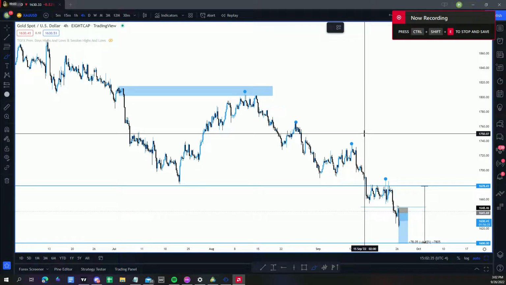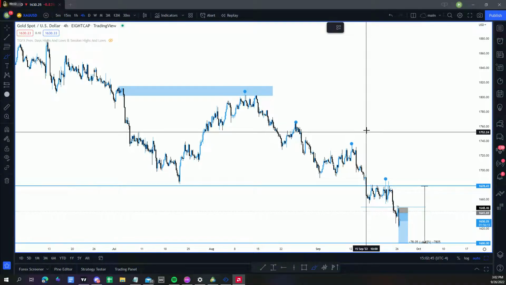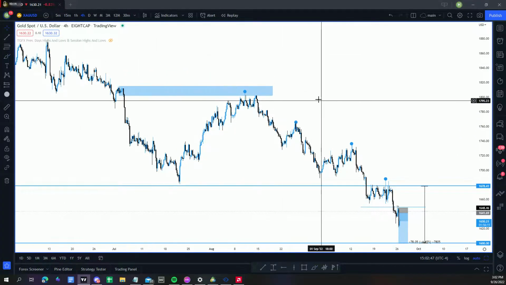Hello, everyone. Welcome back. In this one, we are going to be talking about how price actually prints, because there is a lot of bullshit in the industry on how structure, ranges, whatever you want to call it,